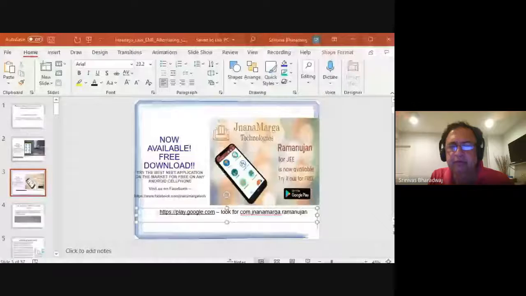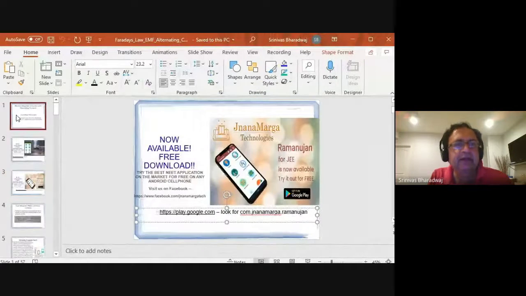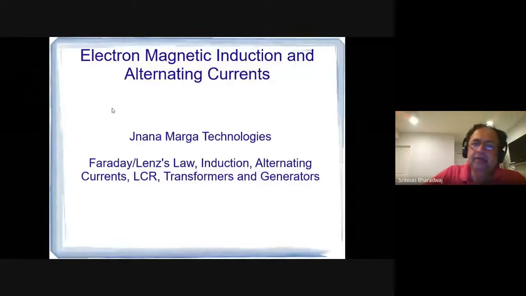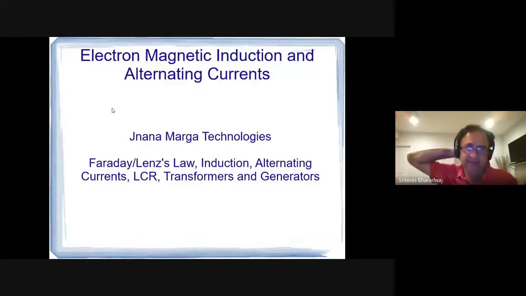Electromagnetic induction is extremely non-intuitive. It is not something you would expect to happen in nature, but yet it does, and it can be intuitive too once you understand what's going on. So that's why you should pay a lot of attention in understanding this material.